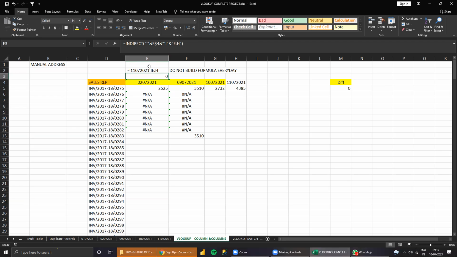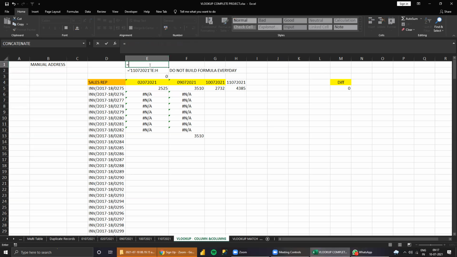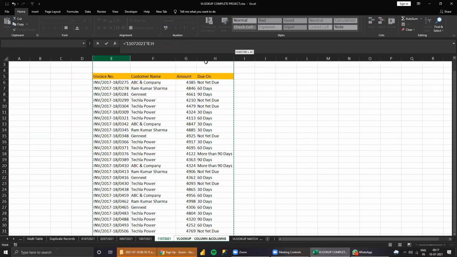When you select here with the equal sign, it automatically generates, right? Yes, sir. So we should not change it. That's a good question. See the change: the single quote is there for this.